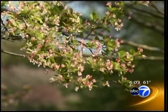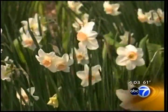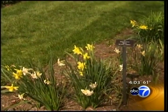Hope you're enjoying your own gardens at home, but this is really one of the best spots in all of Chicagoland. Take a look at some of the plants, which are anywhere from 3 to 6 weeks ahead of schedule from their typical bloom times. The crab apples are spectacular now. Of course, a lot of the bulbs, such as the tulips and the daffodils, are still in pretty much full